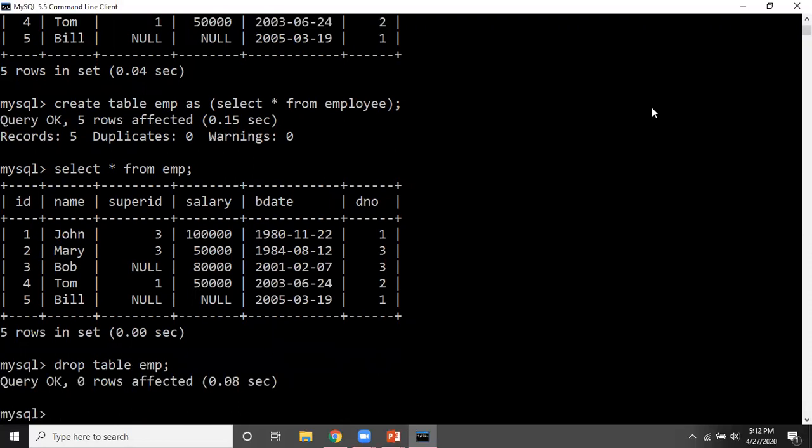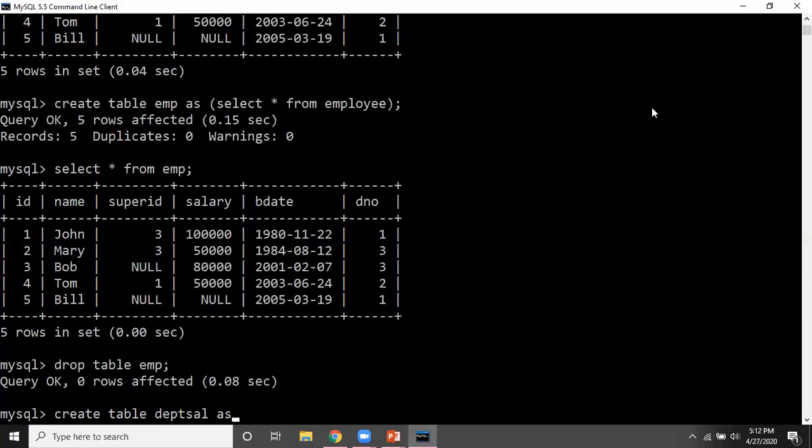Okay. Now what I was saying, let us suppose I want to keep track of employee salary on the basis of department. So I'm creating a new table from an existing table. So create table, and for the department salary I'm keeping track, so I'm giving the name as department salary, as.